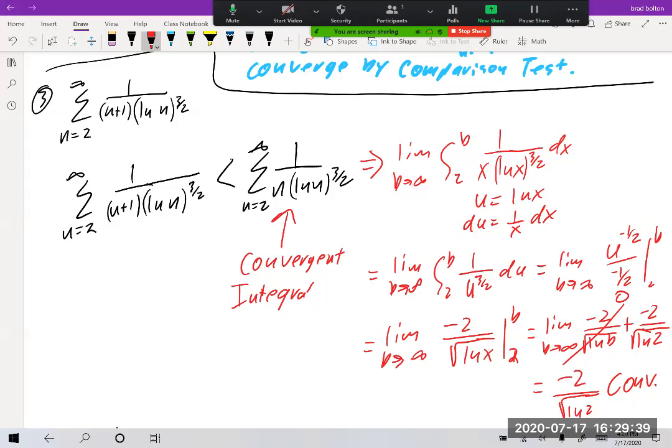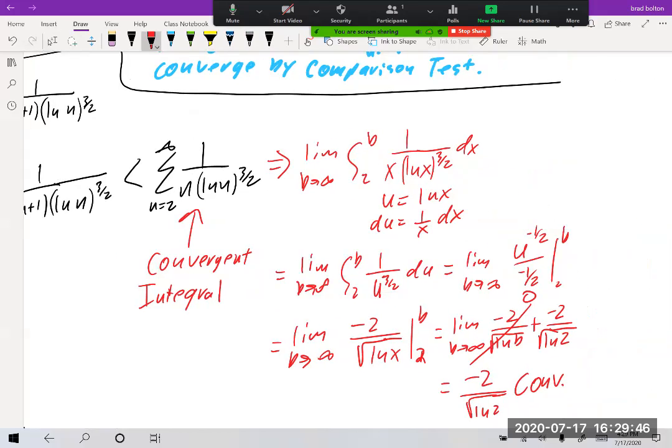Now there's one thing that I forgot to do. What did I forget to do for this problem? What did I get ahead of myself? I just saw that u sub was going to work, but what I should have checked is, is it positive on 2 to infinity? Well, yes, right? It's always going to be positive, so check. Step 2, is it continuous on 2 to infinity? Check. Yes, it is, because 0 is not included in the integral, nor is 1. If 1 or 0 was included, it would be discontinuous, so we couldn't use the integral test. Step 3,